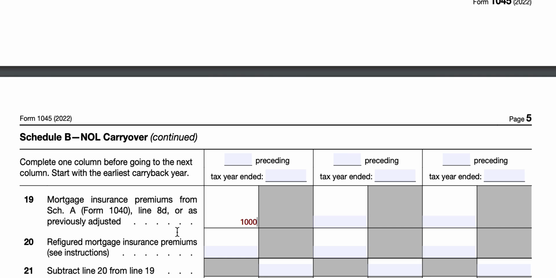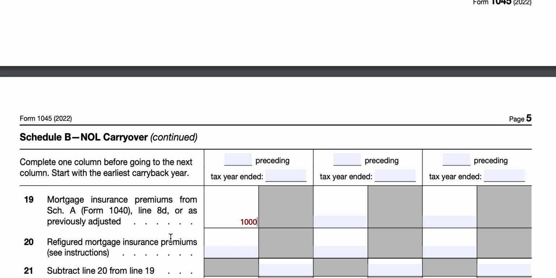For line 20, because the mortgage insurance premium is no longer an available deduction if it's treated as qualified residence interest, at least in 2022 and later. For tax years 2021 and prior, this is your modified AGI from Form 1045, Schedule B, line